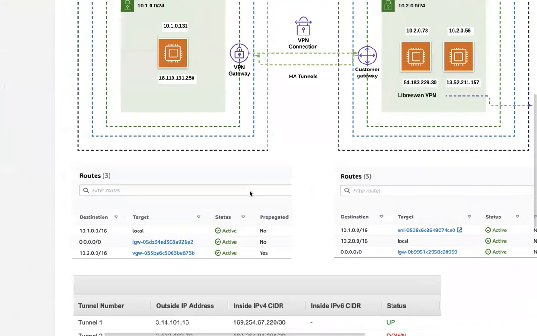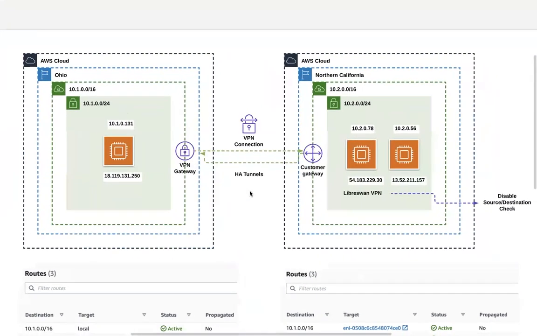I hope you guys got a really good idea in regards to how you configure a site-to-site VPN connection. So in the next video, I'll take you through the dashboard of the AWS console, where you can take a look at your customer gateway device, your virtual private gateway, and your site-to-site VPN connection. And then how do you download that configuration, or I'll show you a sample configuration, and then you can take that configuration and configure your VPN device accordingly for any one of your tunnels or for both of your tunnels for resiliency.